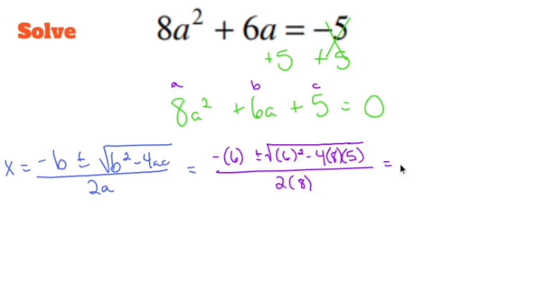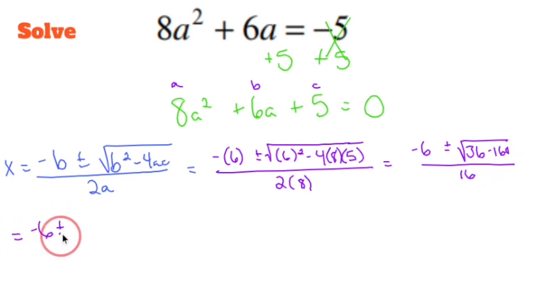All right, negative 6. Can handle that one. Plus or minus the square root. 6 squared is 36. Minus, let's do this a little out of order. 4 times 5 is 20 times 8 is 160. So minus 160 all over 16. Okay. That's going to equal negative 6 plus or minus 36 minus